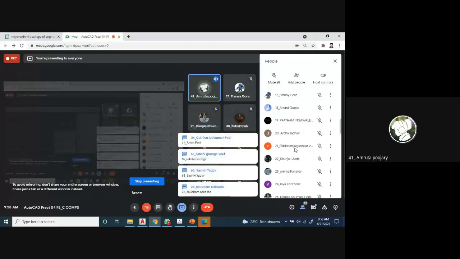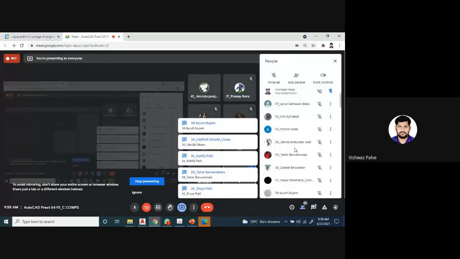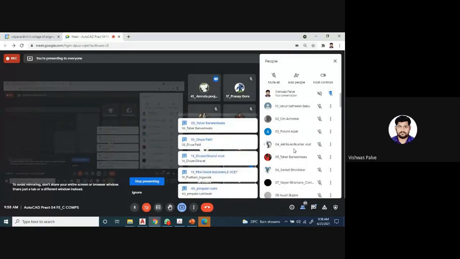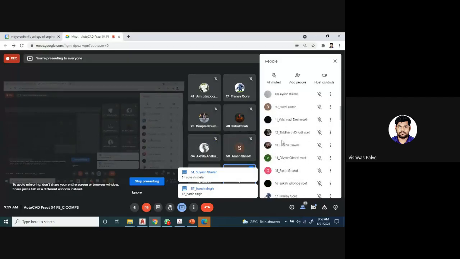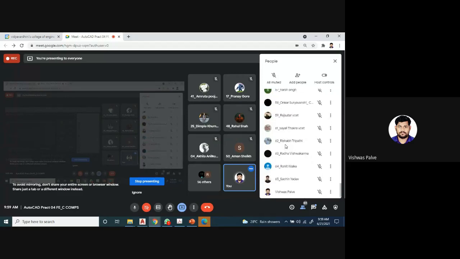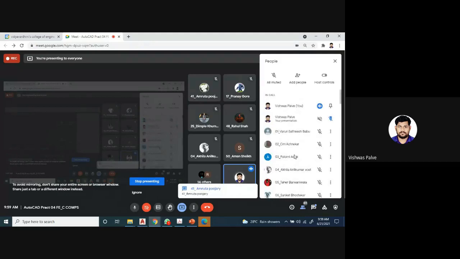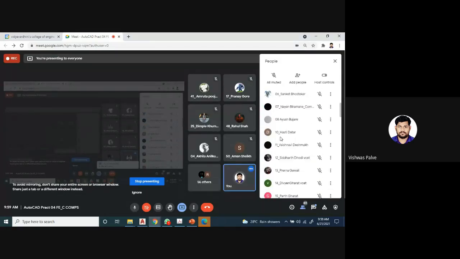Sir, Anil Kumar is the CR, roll number 4. Yes, sir. So your task is to record the attendance of individuals. So you can view their roll numbers, right? Roll number 1, 2, 3. At the end, you have to post the attendance. How many are absent? You just post the absentees numbers. I will get those numbers from the chat box, but still just go through this, check whether all are present. Whoever is absent, you just send me a WhatsApp message that these students were absent in the lecture.